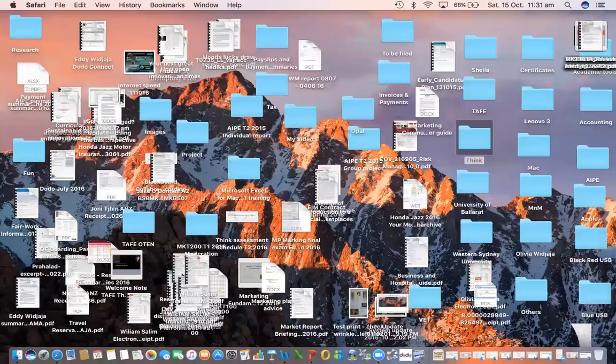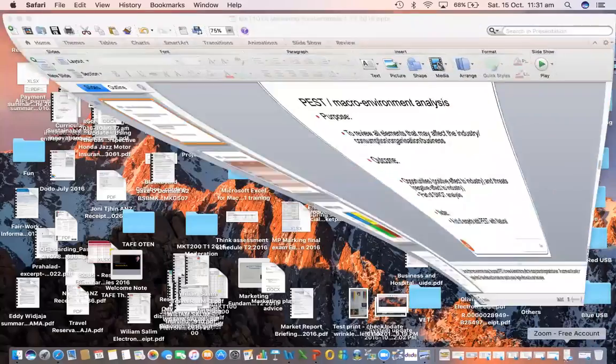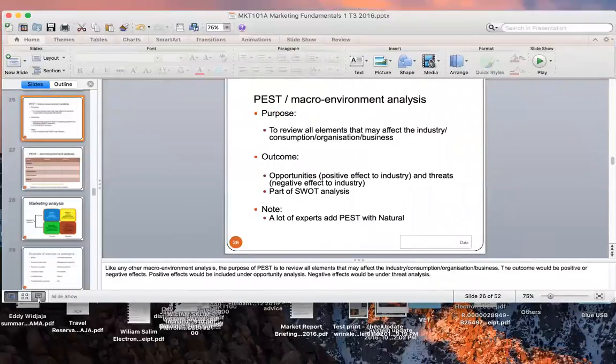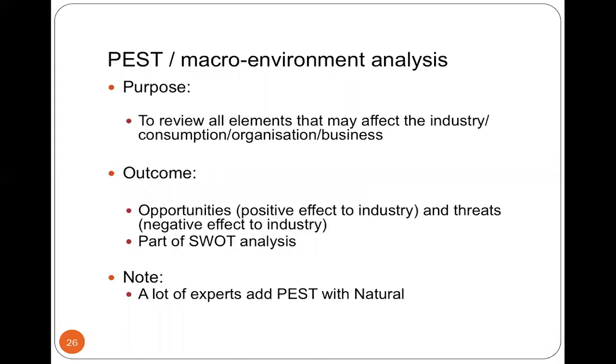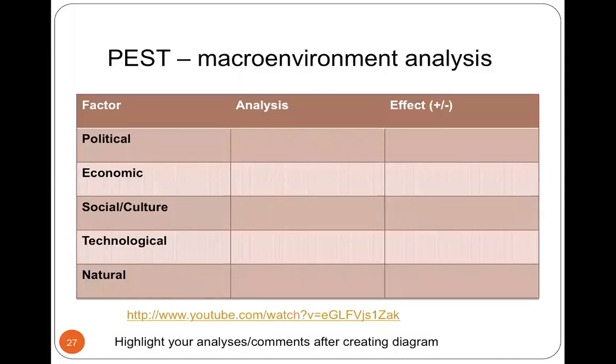So that's basically a bit of an example, guys, in terms of analyzing this. Please use data like that, graphs like that in your analysis. And you can also use this kind of template to help you. Under political, you outline the factors here. Please specify what factors you are looking at under political, for instance.